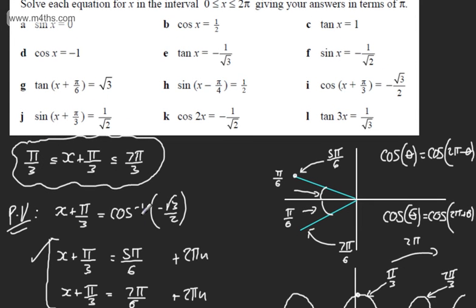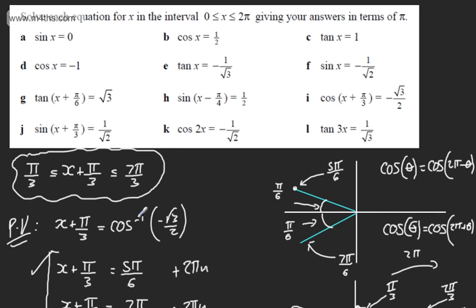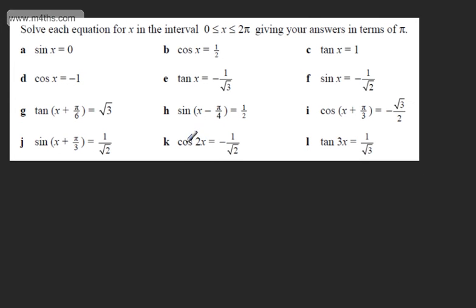Let's do cos 2x. So this is an example now of a multiple angle. So we've got the form now cos of kx or nx. We've got some multiple. So we could alter the interval. If we're interested in x between 0 and 2 pi, we're interested in 2x between 0 and 4 pi. So let's now go ahead. Principal value for the angle now 2x is going to be equal to the inverse cosine now of minus 1